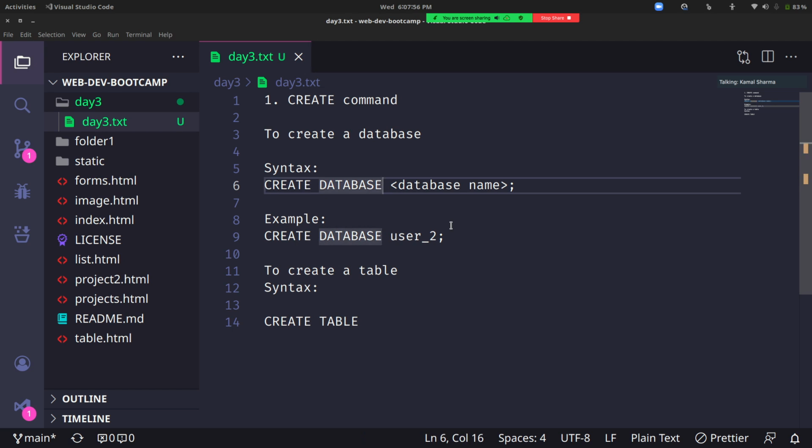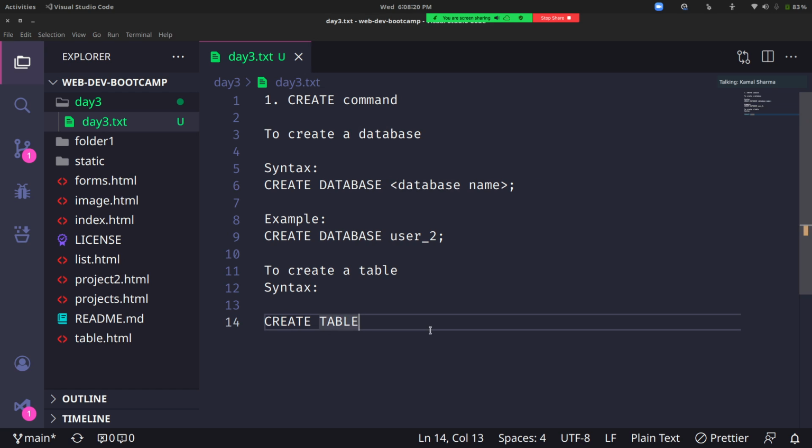But to identify which is the SQL syntax, which is the SQL keyword, like in C we have int, float, those are the keywords, right? Similarly in SQL, create, database, table are the keywords. I want to differentiate between them and the actual values which we are typing. So that is why I'm giving caps.